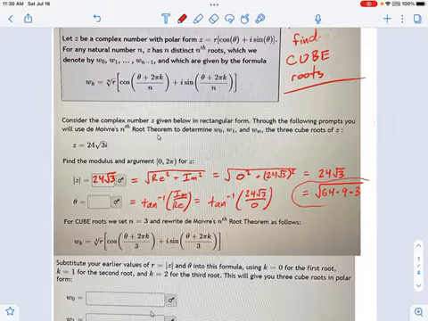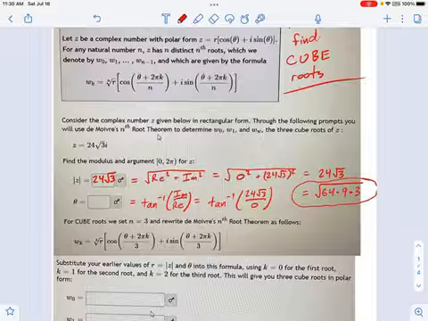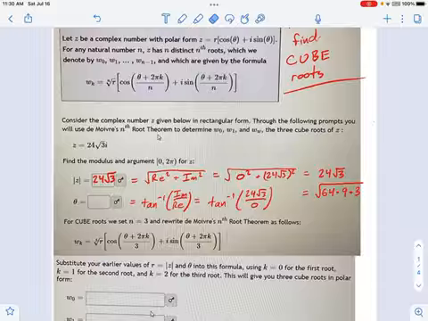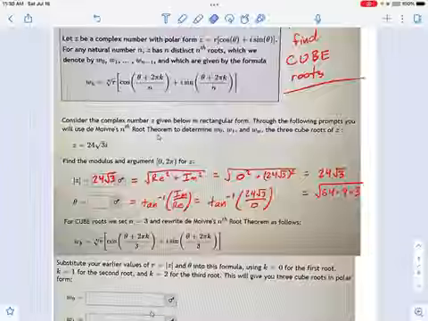It is also possible to think of it this way. The square root of 64 times 9 times 3. That's the same thing as 24 square root 3. And when we're doing cube roots in a moment, it'll be helpful to keep that in our pocket. Now, the angle I haven't quite worked through yet.